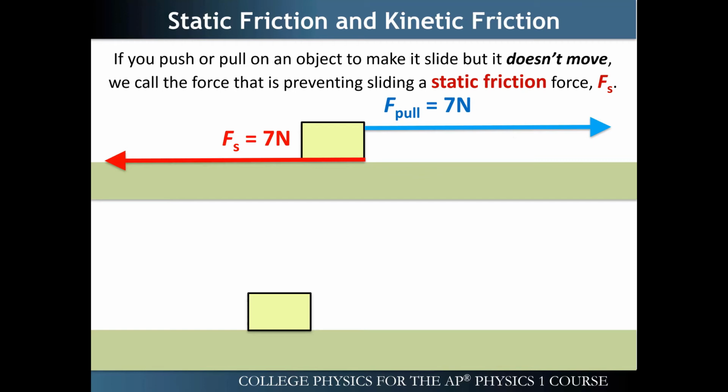But if you put too much weight on the table, for instance, it will break. If you put too much force on the object you're trying to slide, the static force eventually will break. It can't hold it anymore. And so then the object will start to move. So that's why we saw last time, in some books, some curriculum, you'll see the friction force is less than or equal to, reminding you that it will just match whatever your pulling force is until it can no longer